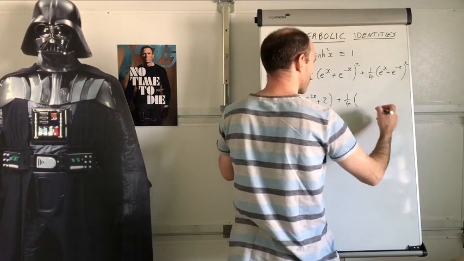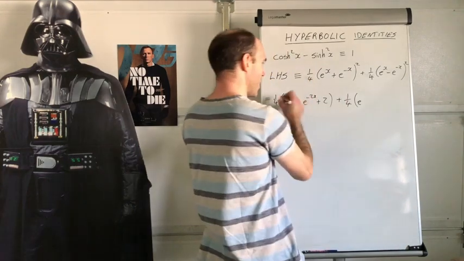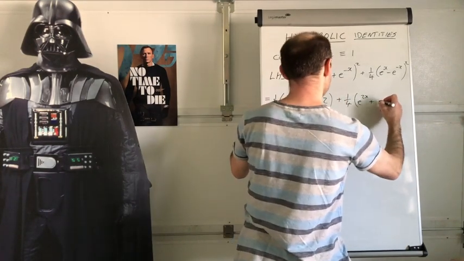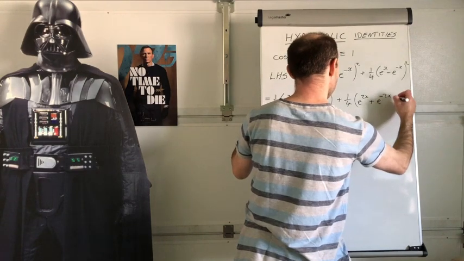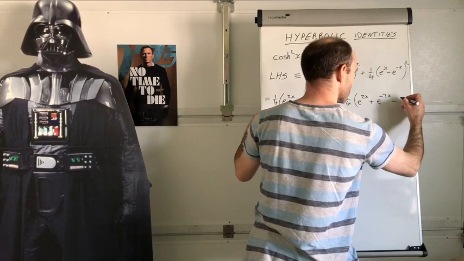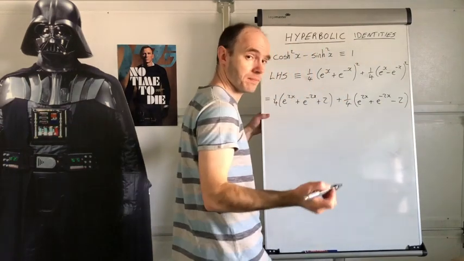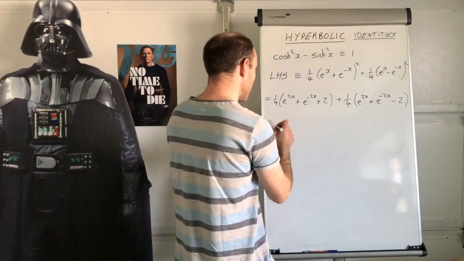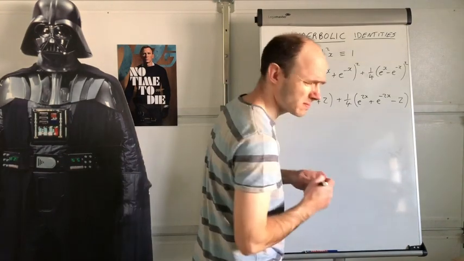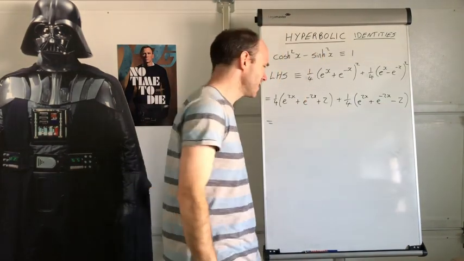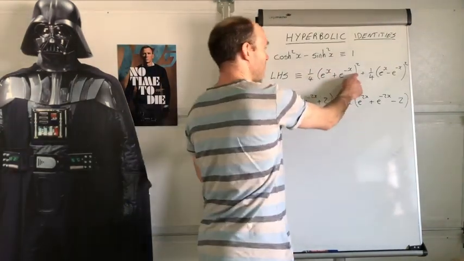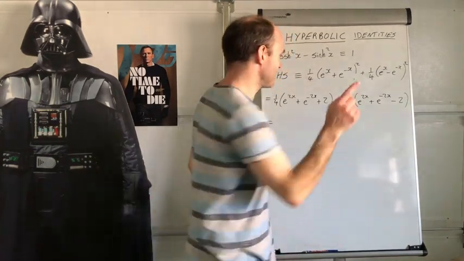And then this one is 1/4, and then this is going to be almost the same as that, isn't it? e to the 2x plus e to the negative 2x, and that's going to be subtract 2. Yeah? Okay, good. All right, then that's equal to minus